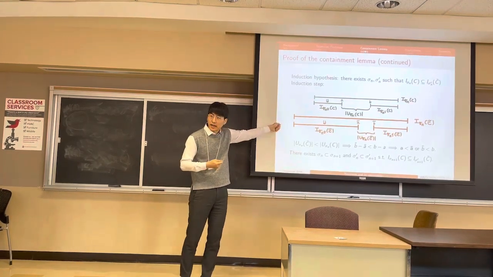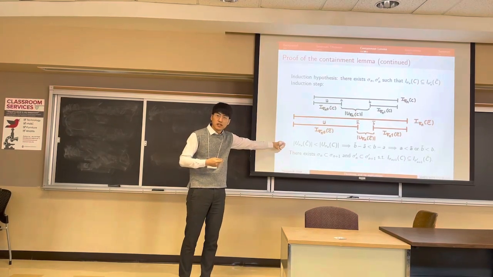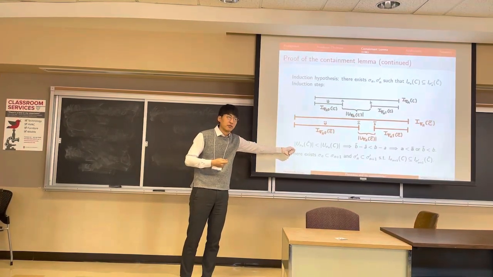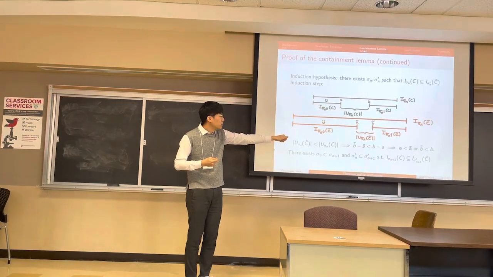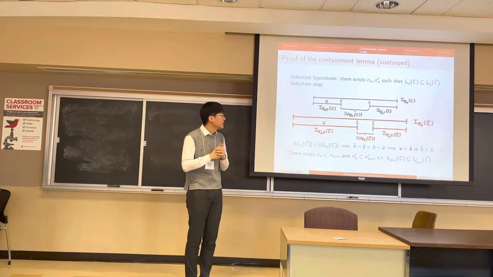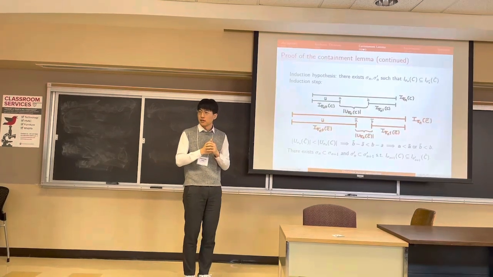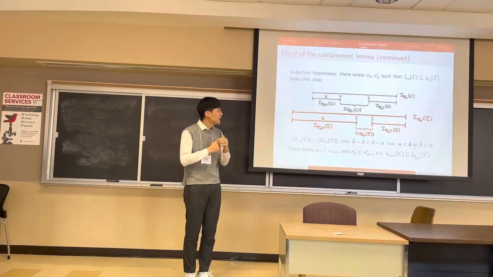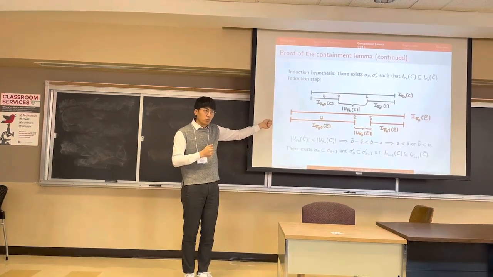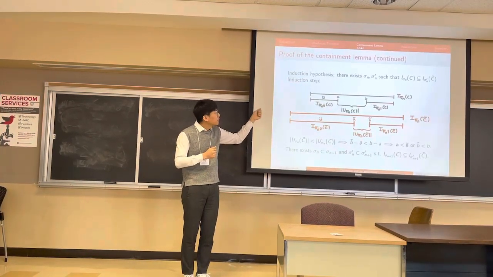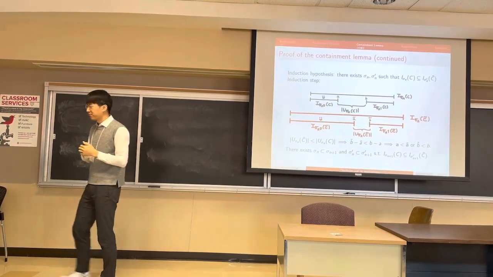So we consider the following diagram, and here we recall our assumption that the gap of the one that's larger should be less than the gap of the smaller one. Because of this, b tilde minus a tilde should be less than b minus a, which in turn implies that a should be less than a tilde, or b tilde has to be less than b. In this diagram, we've drawn the case where a is less than a tilde. And note that we have the next generation where one interval, the interval of C, is contained in C tilde. So by the induction principle, this is going to hold for all n.